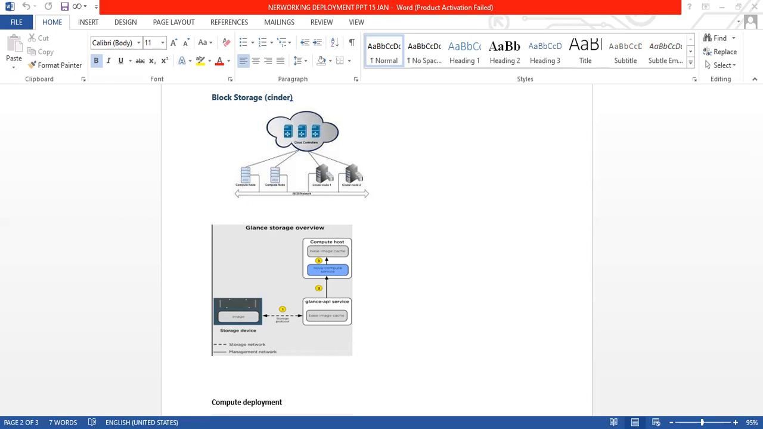Now, deploying OpenStack in a production environment. When you install OpenStack in a production environment, we recommend using a separate deployment host and containerizing OpenStack. So, building a production environment here,